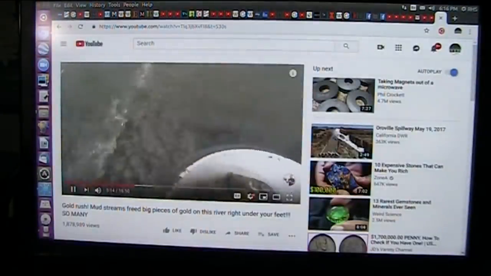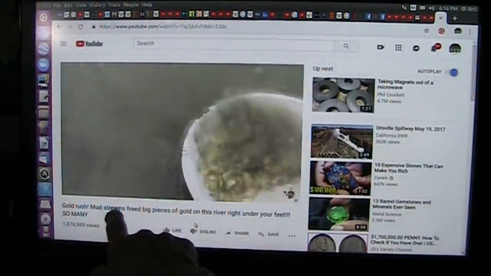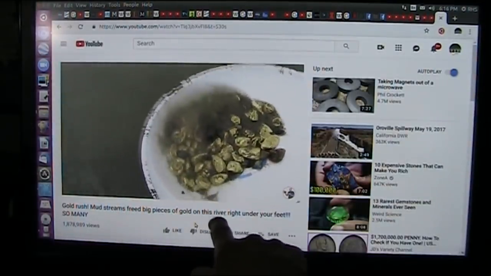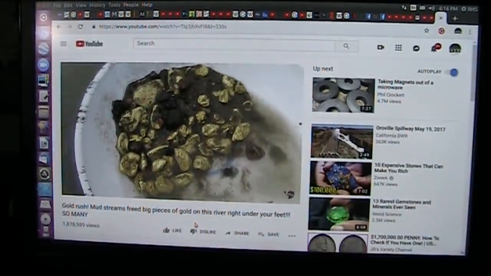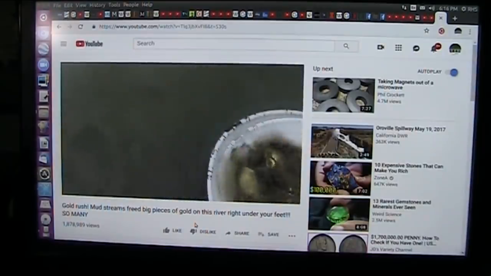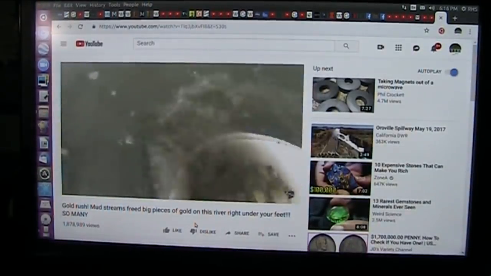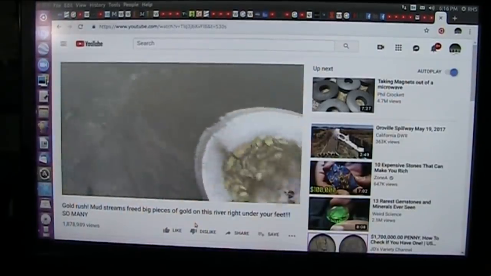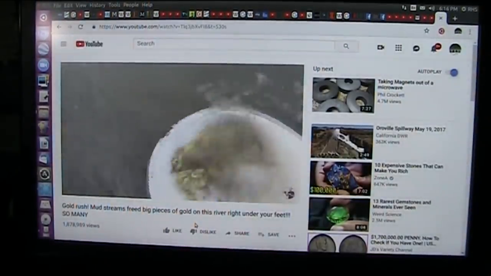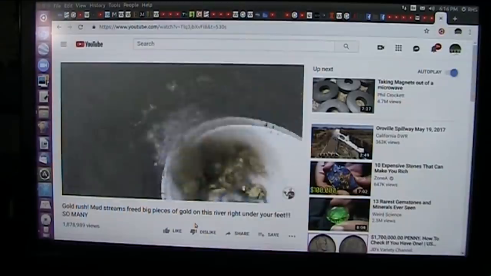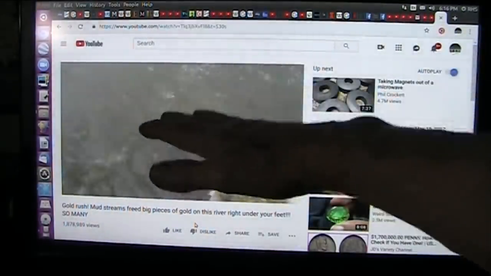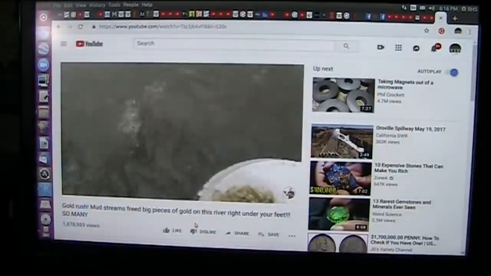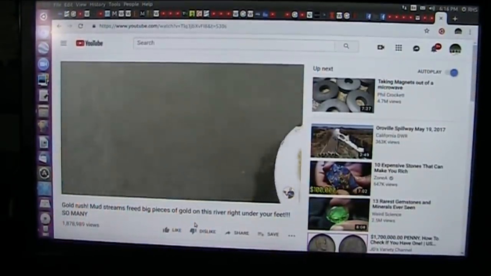And because he claims right in the title it says mud stream. See? Gold rush. Mud streams feed big pieces of gold. No, it's not like that. That's just silly. But they are finding it coming out of this dam. They find it after the spring runoffs, and that's coming down off the mountains. This does not necessarily have to go anywhere. This was just a dead guy laying flat. He wasn't way up in a mountain running off. That's my take. Could be wrong.